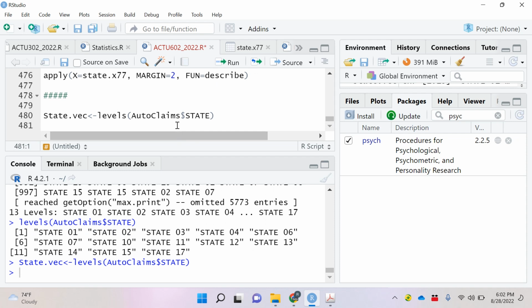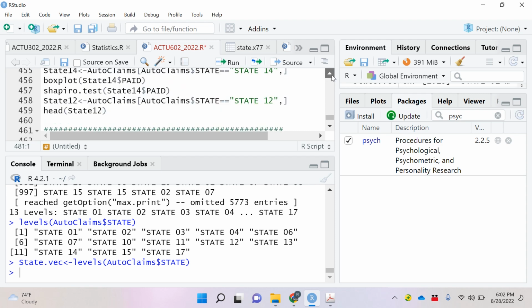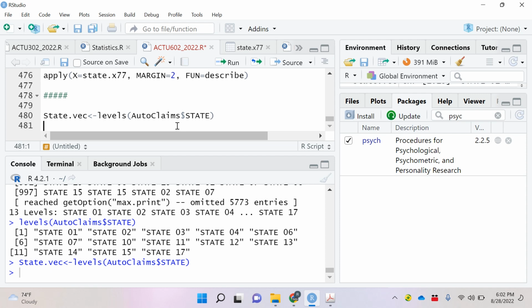Now, remember what we were doing earlier was that we go to a state, where is it? This one, auto claims, right? Like this. But I said we have to repeat this for 17 times. You don't want to be doing that. So if I want to get a list, remember this will be a data frame. So if I want to organize it, it cannot be a data frame. The only thing we treated that can contain other data structures was a list. So I can have a list that contains a matrix and it contains a vector, it contains even a list